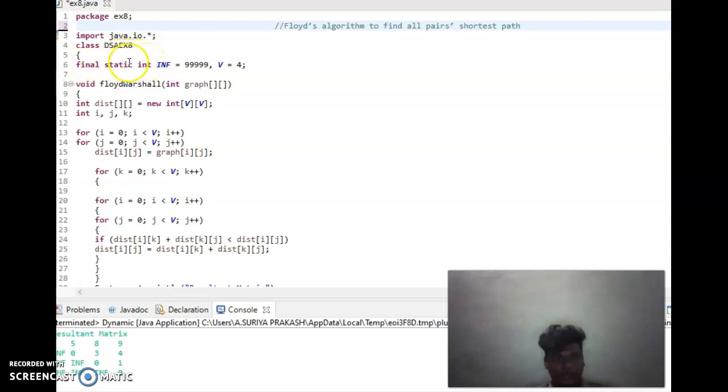import java.io; class DSA experiment 8; final static int INF = 999; void floyd(int graph[][]) { int dist[][] = new int[V][V]; int i, j, k; for i = 0; i < V; i++, for j = 0; j < V; j++, dist[i][j] = graph[i][j]; for k = 0; k < V; k++